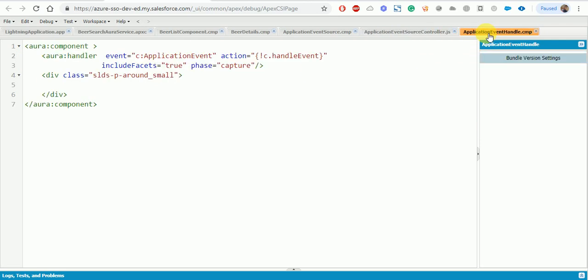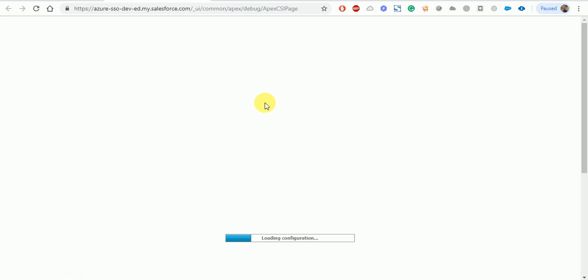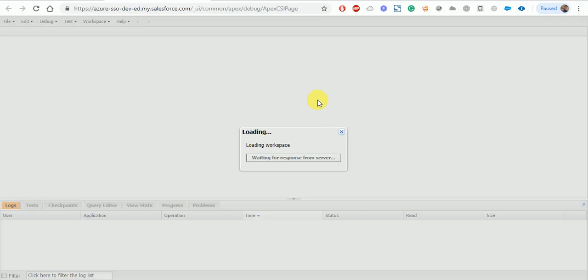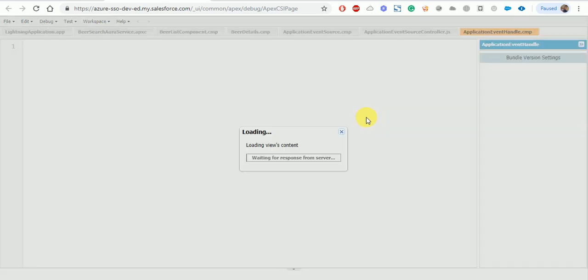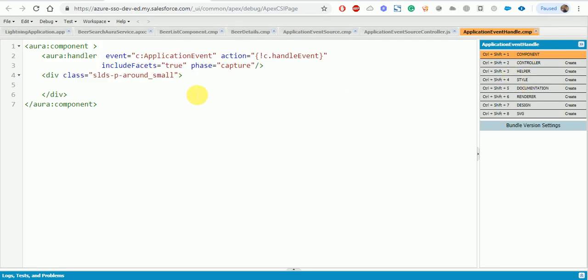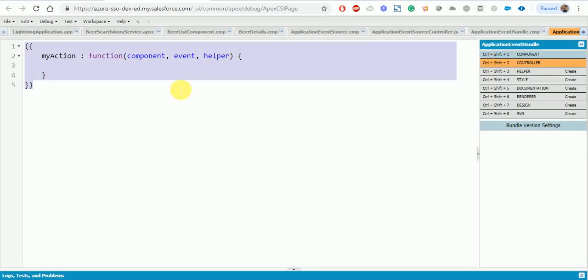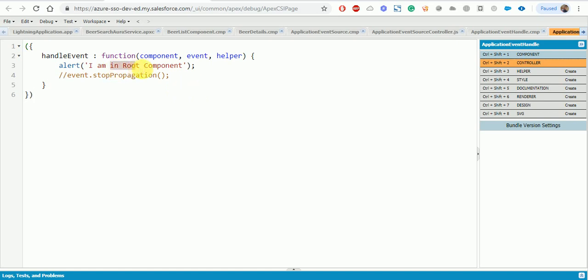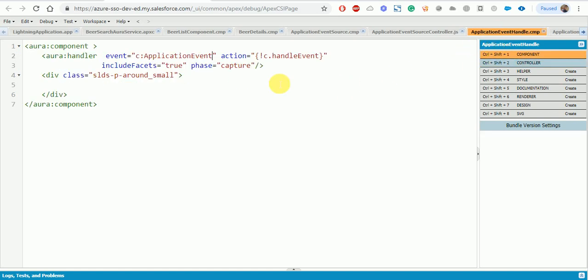Application event handle component. Why are we not able to get anything? Okay, click on controller, replace the controller here with the handle, and then application handle. Okay, so just for now remove this